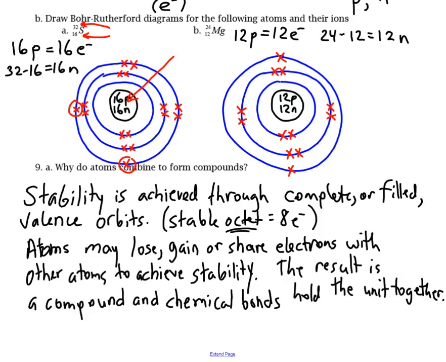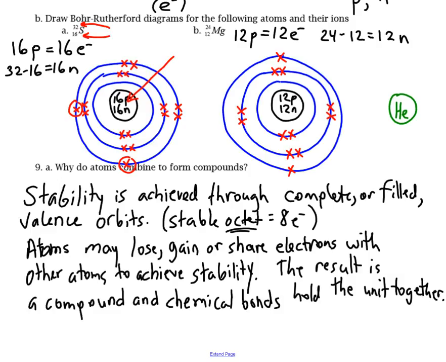It's the holding together of a unit of atoms or ions, and that occurs when atoms may lose, gain, or share electrons with other atoms, and that stability is achieved most commonly through a complete or filled valence orbit. And we often think of the third or second or beyond orbits as having the term stable octet associated with them, but a full octet for most of the valence orbits applies, except for the case of helium, which would be a very simple element with only